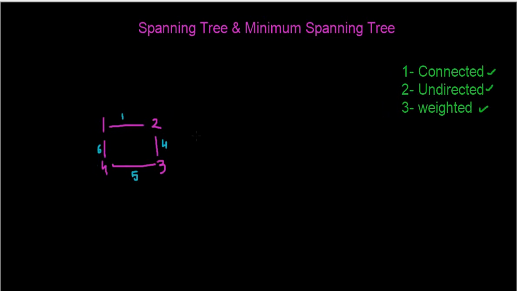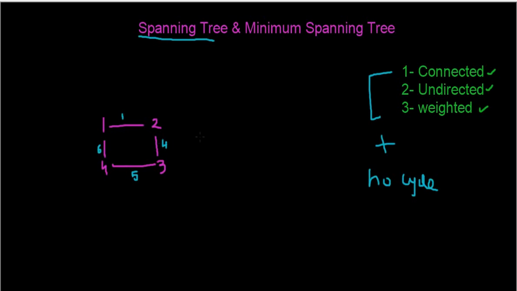In very simple language, what is a spanning tree? A spanning tree satisfies all these three conditions, plus there is one more additional condition: the graph must not contain a cycle. As you can see here, this graph contains a cycle. How to detect a cycle in a graph is explained by me in a different video, so you can refer to that video for a deeper understanding. I will continue and assume that you know when a graph contains a cycle.